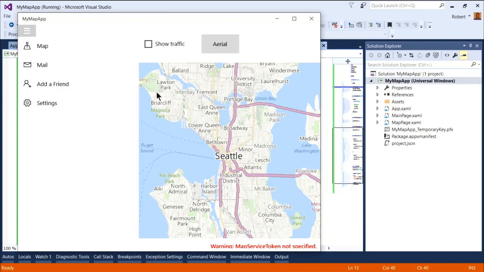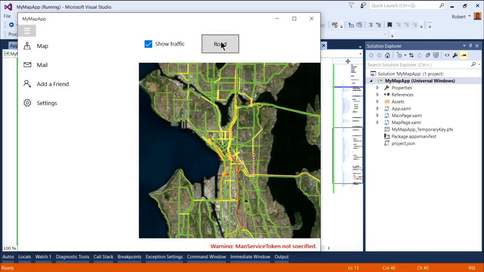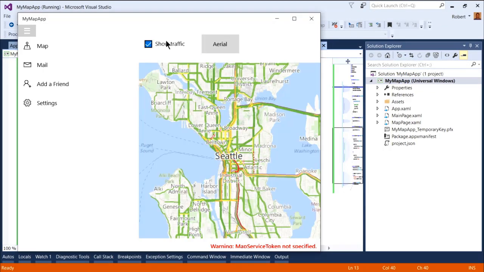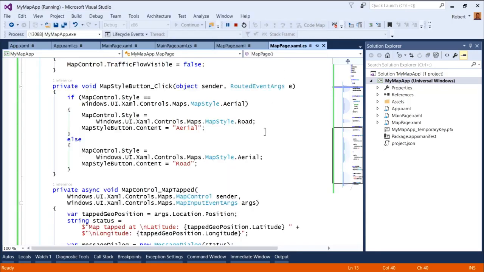So here's a map of Seattle. We can see what the traffic's like. Not too bad this time of day. We can switch from road view to aerial and back and forth. Okay, this looks good. Now, we mentioned earlier that you get to build the app once and it runs anywhere